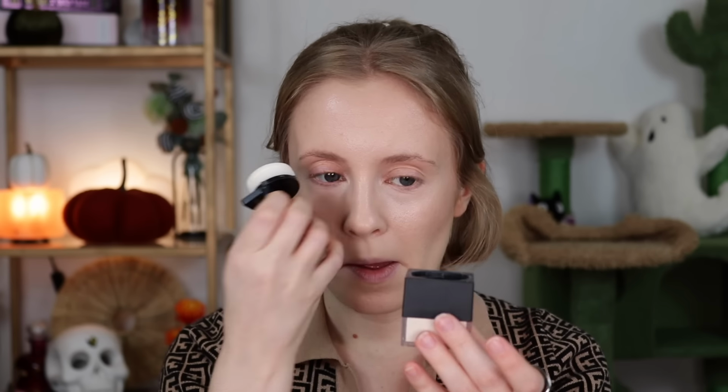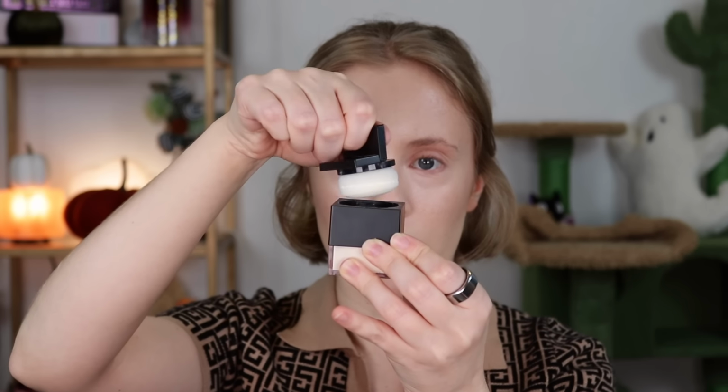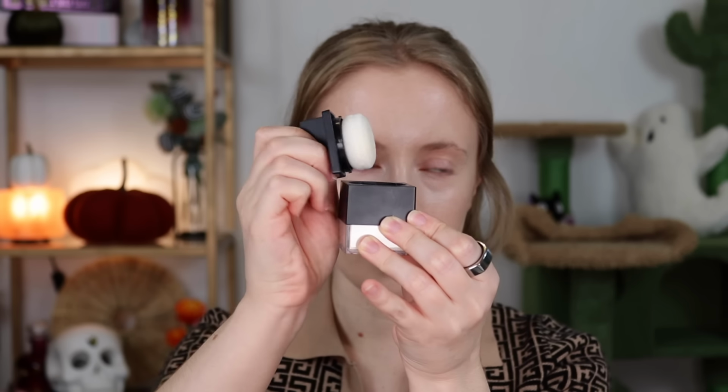So next I'm going to set everything with a powder that, again, I don't know why I don't use, because I really like it. It's the Huda Beauty Easy Bake Loose Powder in Pound Cake. I think the reason I've been neglecting this is, for one thing, I don't like the packaging. This is the mini size of this powder, and the full size isn't like this, but the mini has this, so you flip this up and then twist it, and it has this puff on the end